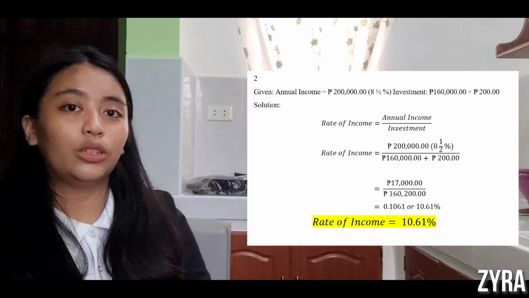So in order to find the rate of income, we need to use the formula: rate of income is equal to annual income over investment. So our annual income here is 200,000 pesos times the interest, which is 8.5%, all over the investment, which is 160,000 pesos plus the 200 peso commission. That is equal to